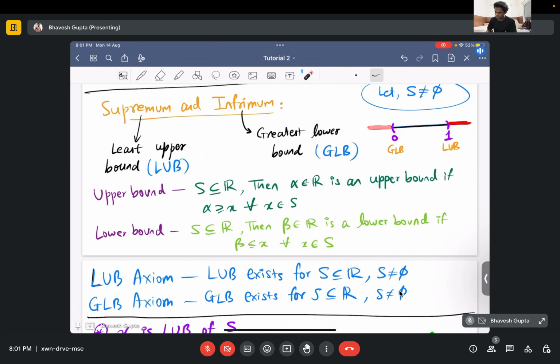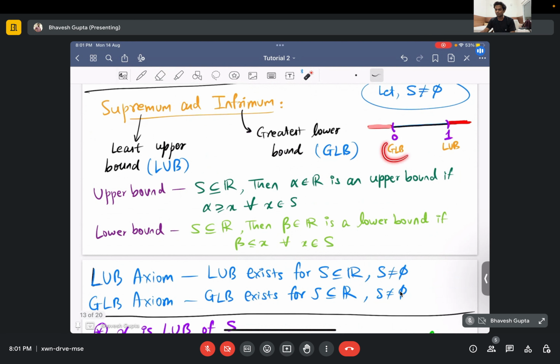But this 0 is also a lower bound, and 0 has some special important property compared to all other lower bounds, that it is the greatest among all the lower bounds. So that's why I call this 0 my greatest lower bound. And over here, on the right hand side, you can see